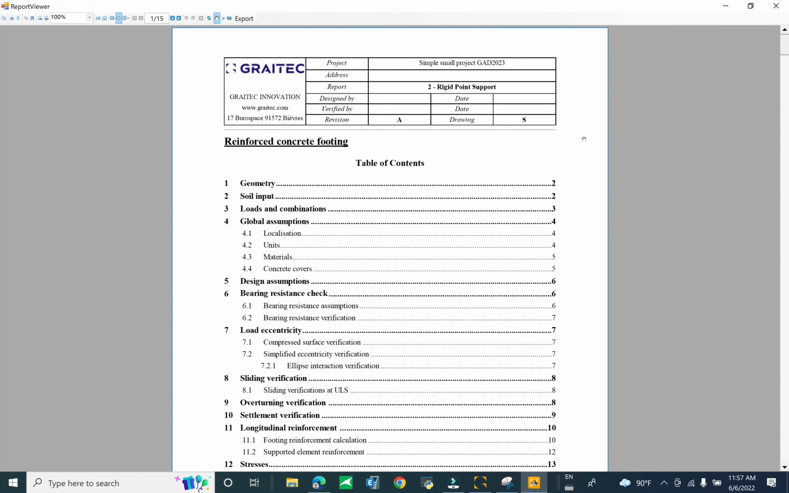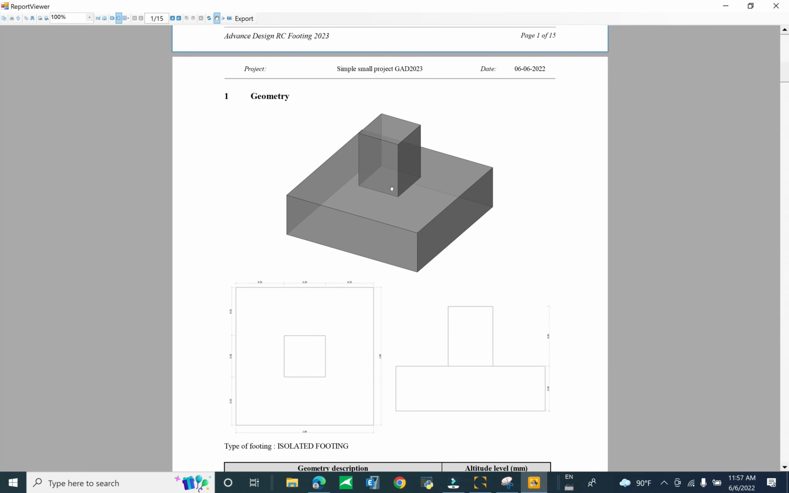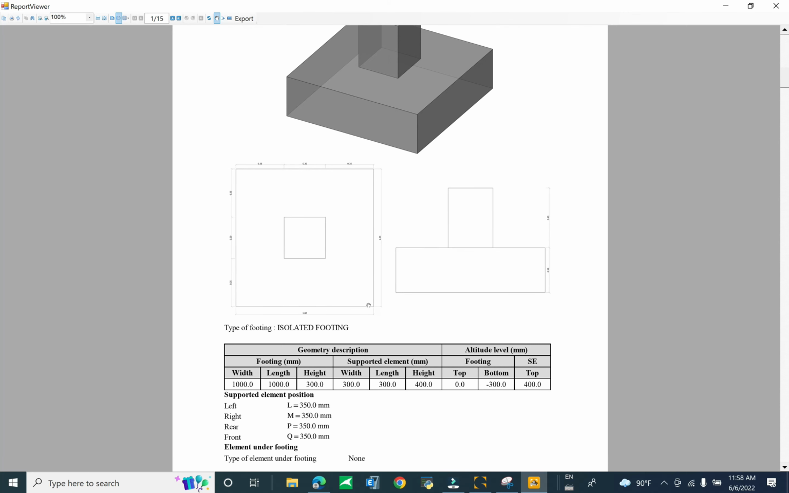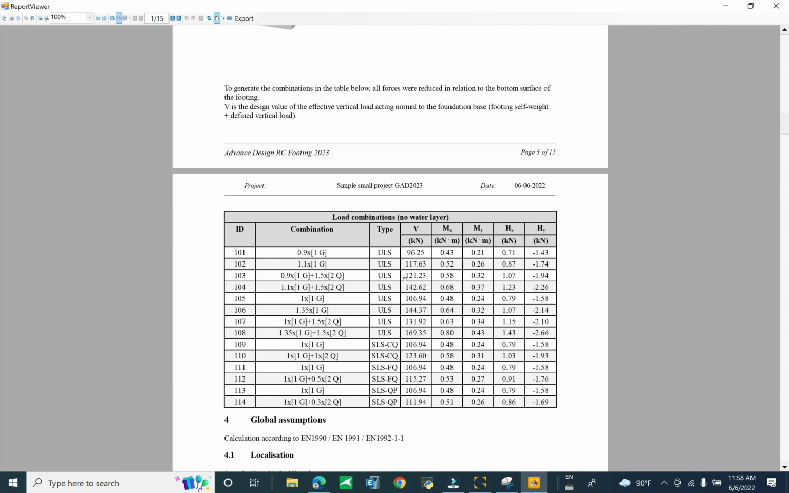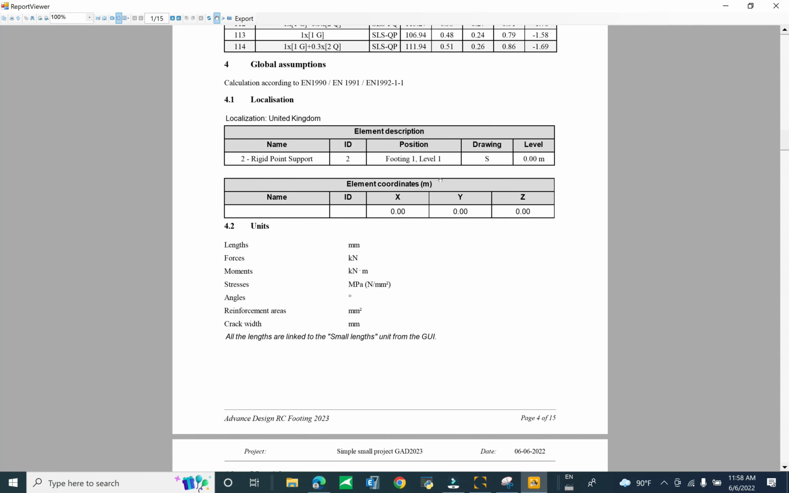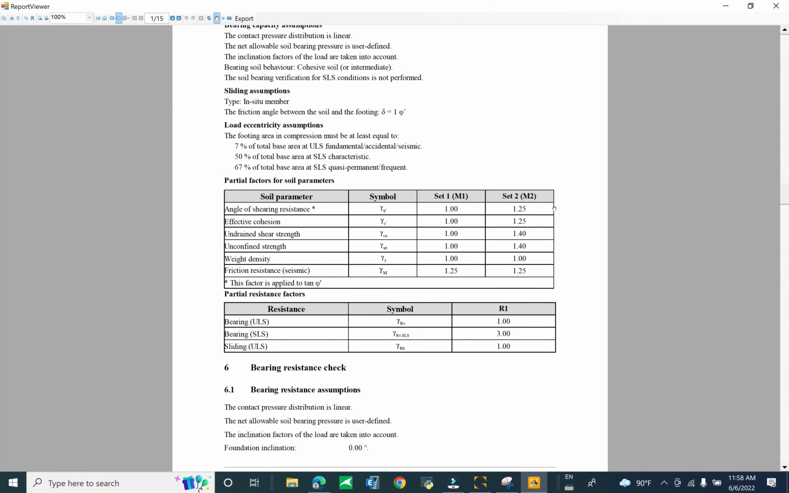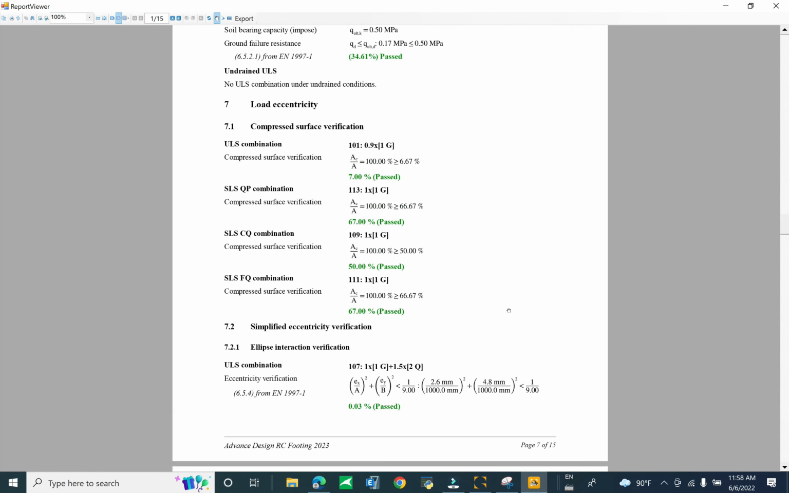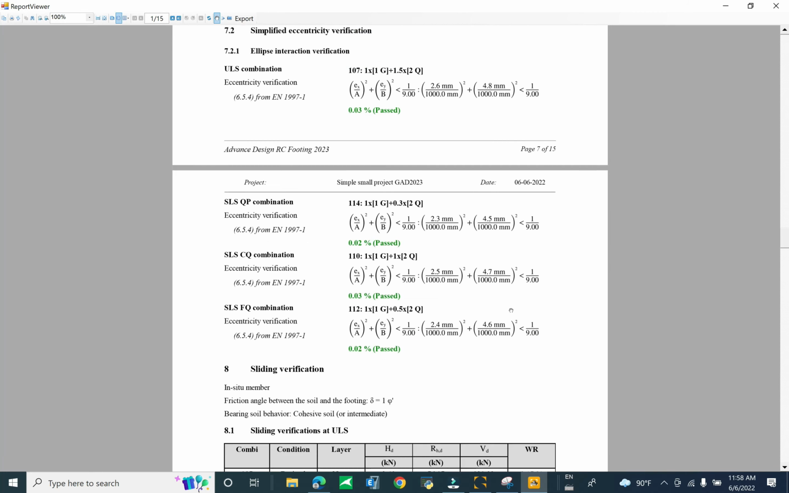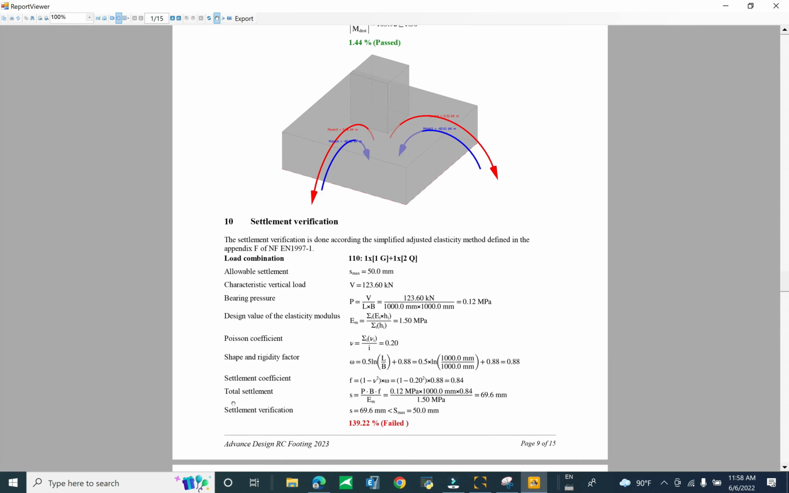Now click on maximize, and you can scroll down to see the 3D view of the pad footing and overall dimension, load combination, localization, property of concrete, cover, bearing resistance check, overturning verification, settlement,